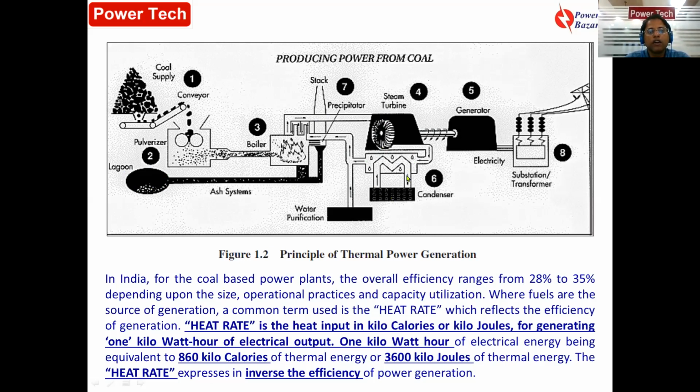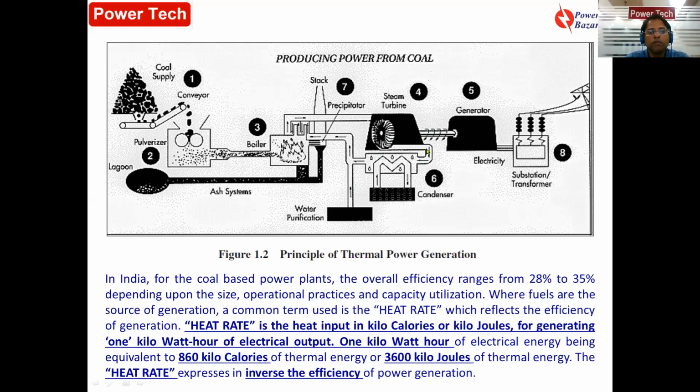This condenser has cooling water flowing through it. This is the cooling tower. Cooling water goes with the help of the condenser, and the hot water coming from the steam turbine gets cooled, and the temperature reduces. The steam gets converted to hot water. The cooling water flowing inside takes the heat of the steam or the hot water and goes to the cooling tower. So this is the process in the condenser, where the heat exchange takes place.